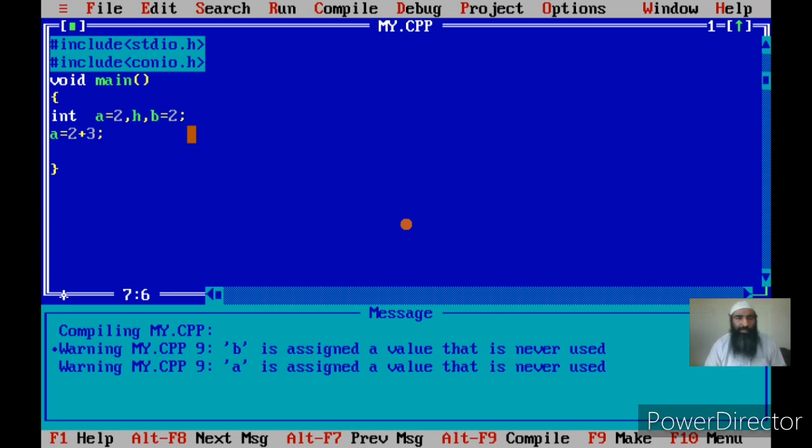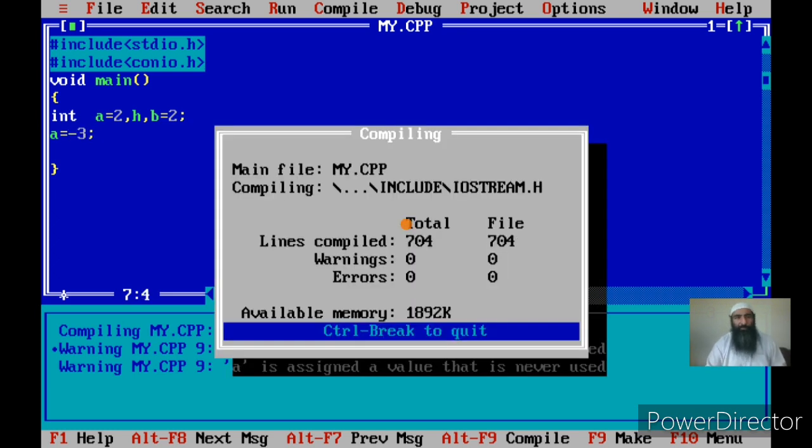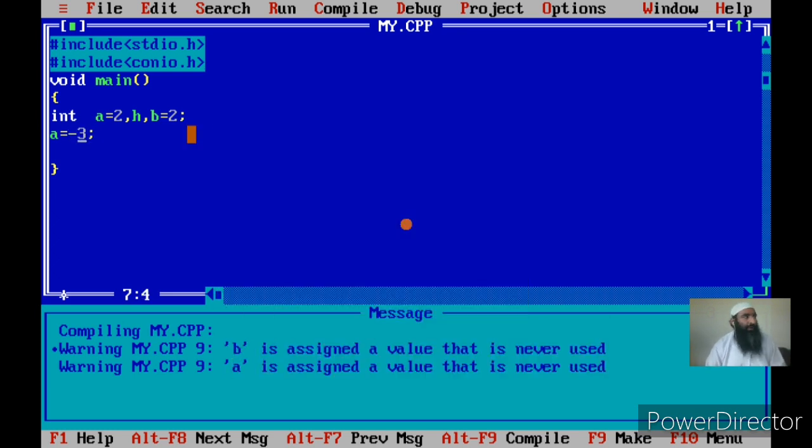But we can use binary arithmetic operators on constants, as well as, I think, unary operators. Let us try it out. Unary minus, say, no problem.